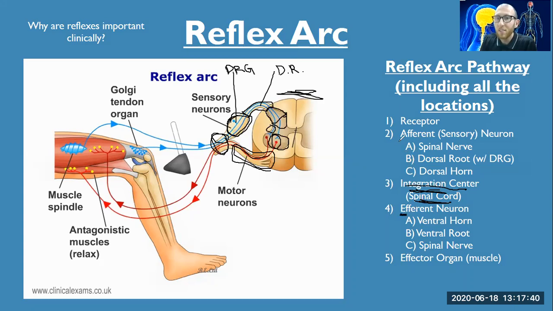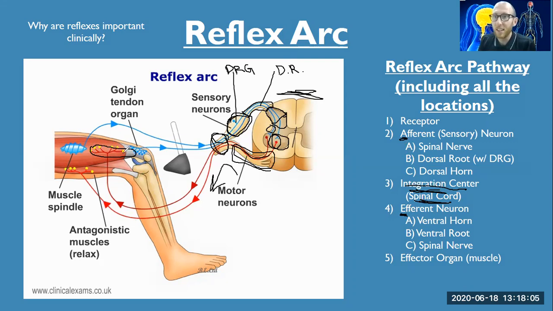E versus A. This one's efferent, away, down to the effector organ, which in this case happens to be the same muscle. And it's going to say contract the quadriceps, shorten the muscle because it doesn't want to be stretched, and